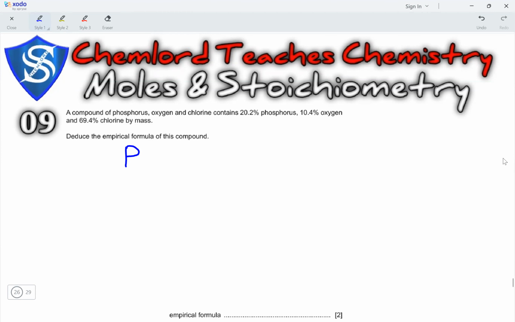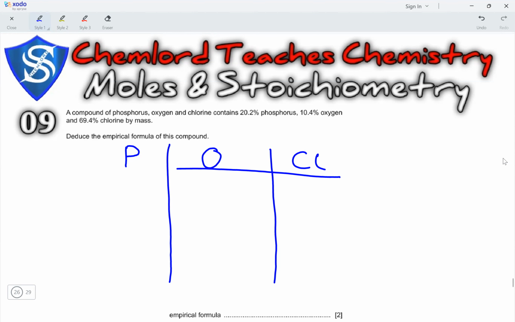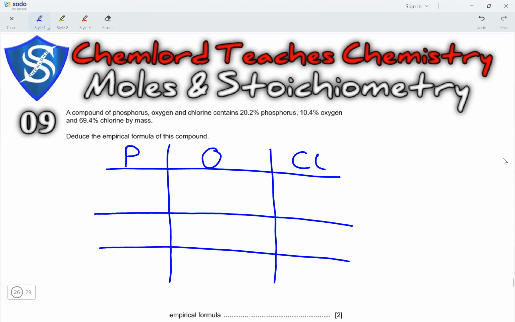So, the elements present are phosphorus, oxygen, and chlorine. What we need to do first is write down the percentages of each of these elements present. So that is 20.2% of phosphorus, 10.4% of oxygen, and 69.4% of chlorine. And then we divide this by the AR of each element. So the AR of phosphorus is 31, AR of oxygen is 16, and the AR of chlorine is 35.5. Next, when we divide these values, we end up with a value of 0.65 for phosphorus, 0.65 for oxygen,